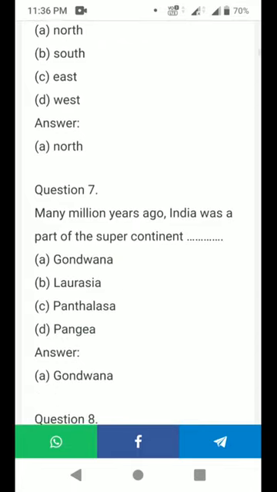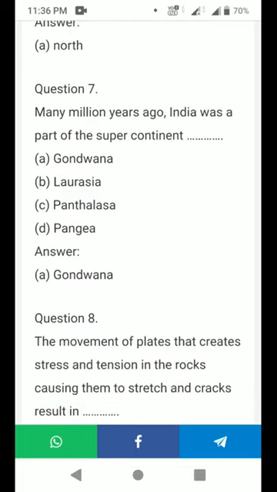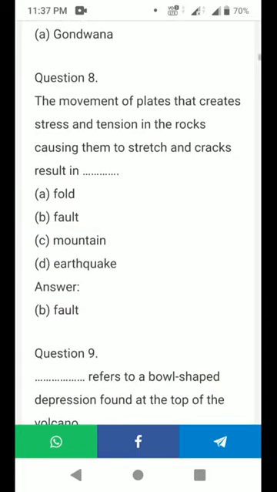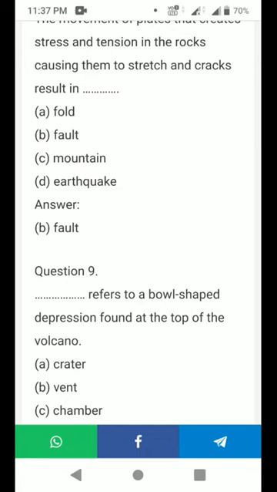North. Next, many million years ago, India was a part of the supercontinent Gondwana. Eighth one, the movement of plates that create stress and tension in the rock, causing them to stretch and crack, result in dash. Fault.